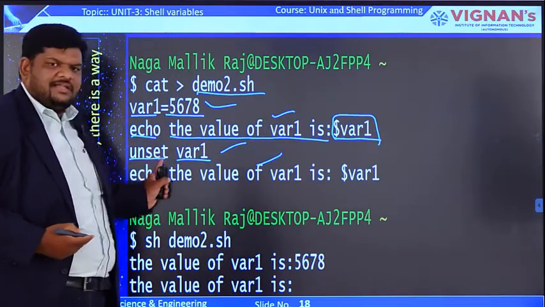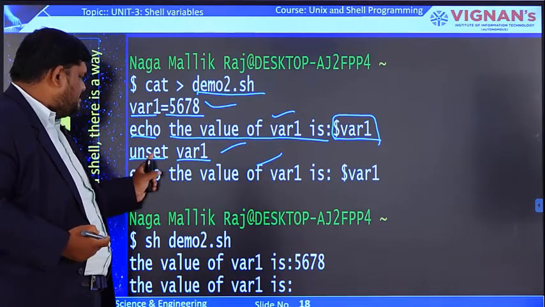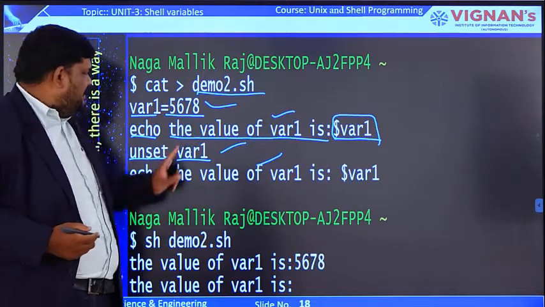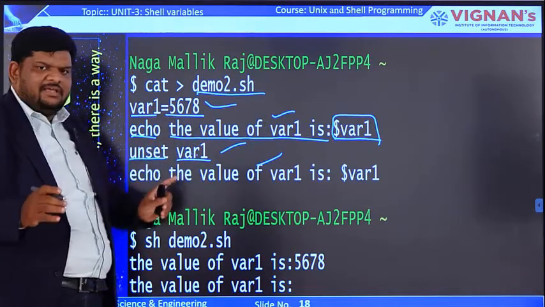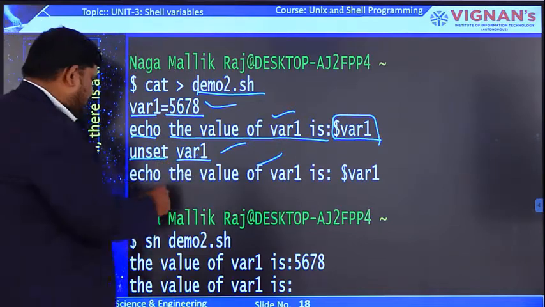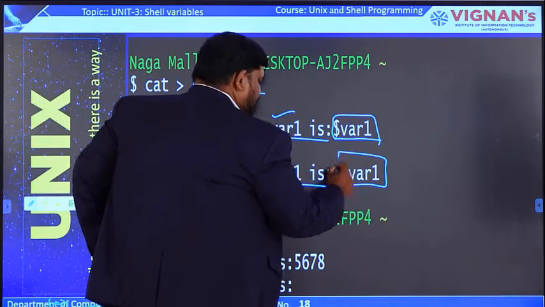That is the syntax: unset var1. After execution of the statement unset var1, var1 no longer exists, so var1 has no value, nothing is there. Now I am trying to print the value present in var1. Again, echo, the value of var1 is $var1.